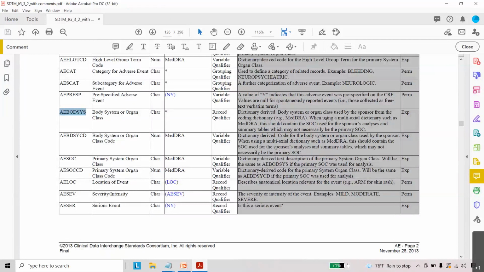Otherwise, these AE body system and AE SOC values remain the same.